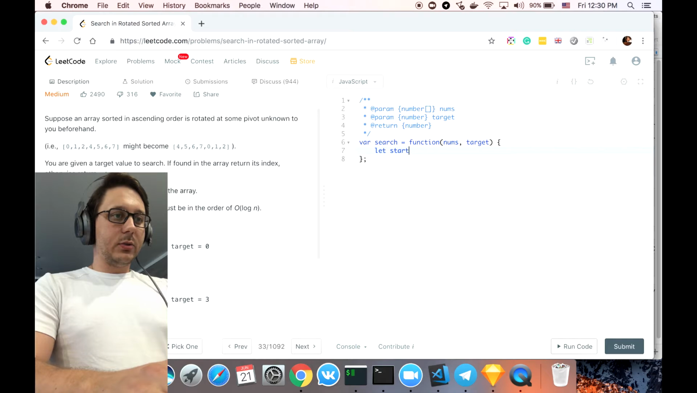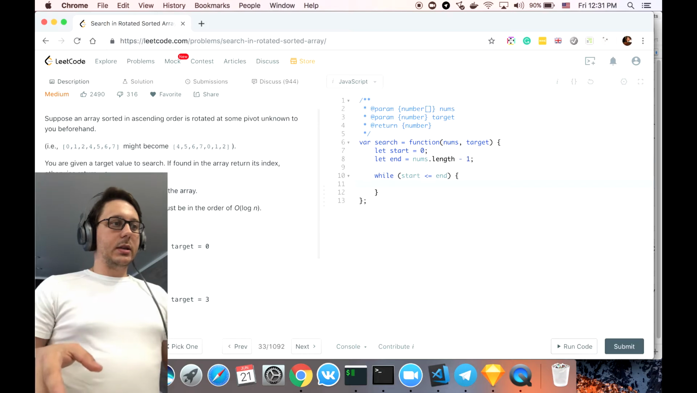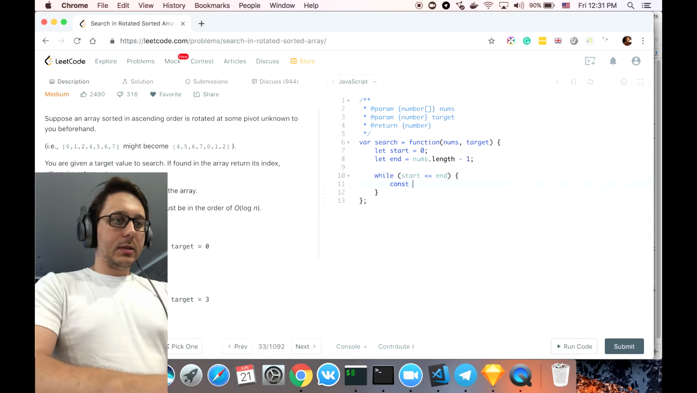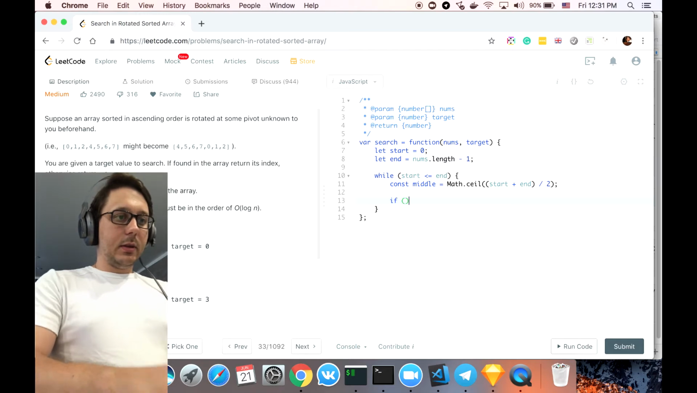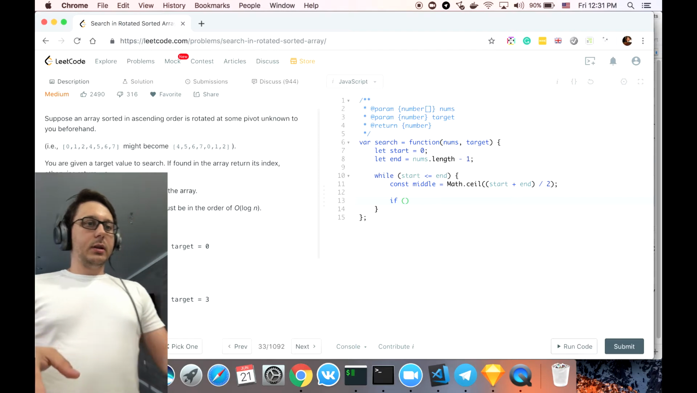So first of all, let's create 2 pointers, start and end, as usual in a binary search problem. And while start less or equal end, we need to continue. So we run our main loop here, and let's find the middle. So middle is basically start plus end divided by 2,